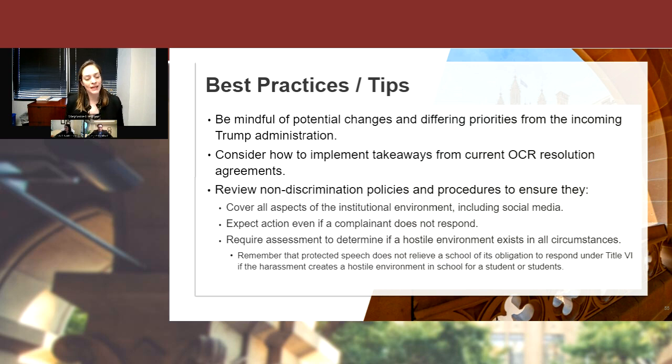A really big one, and I'm going to focus on this a decent amount in the next couple minutes, is making sure that you are reviewing your non-discrimination policies and procedures and ensure that they cover all aspects of the institutional environment, including social media. Expect action even if a complainant doesn't respond, and require assessment to determine if a hostile work environment exists in all circumstances. So really, again, taking a look at those policies,